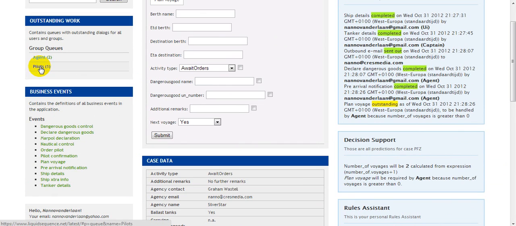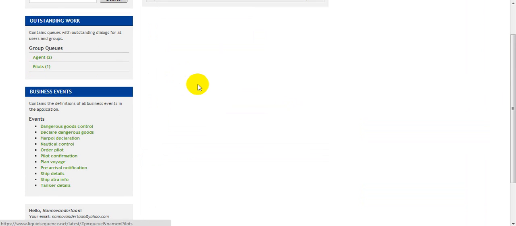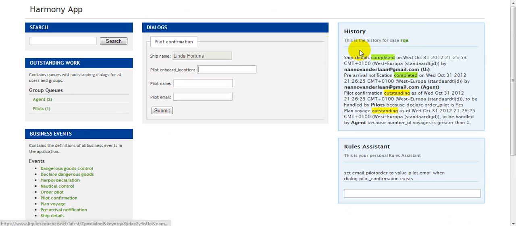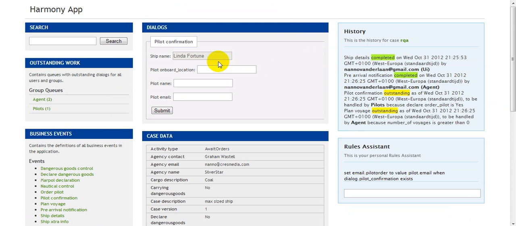There's also an entry in the pilot's queue, so let's pick up that entry and see what's involved here. And this is about the Linda Fortuna that is requiring a pilot into the port of Rotterdam. Okay, this is something that